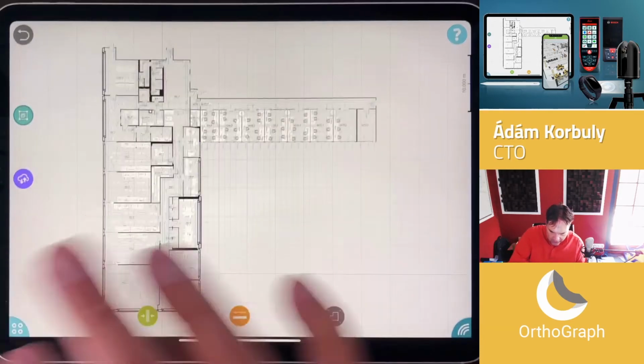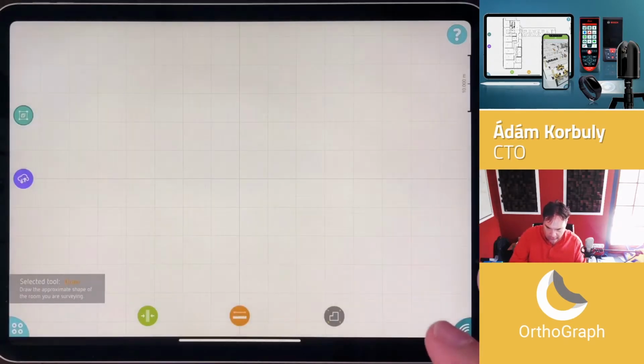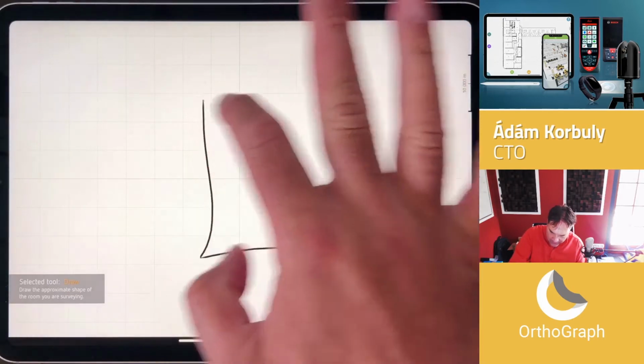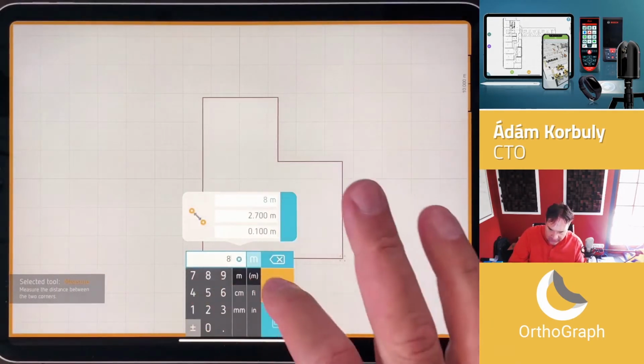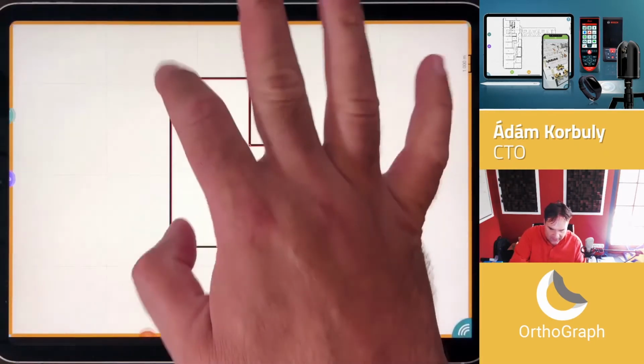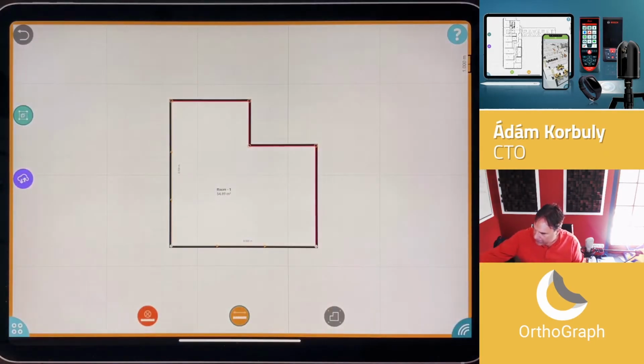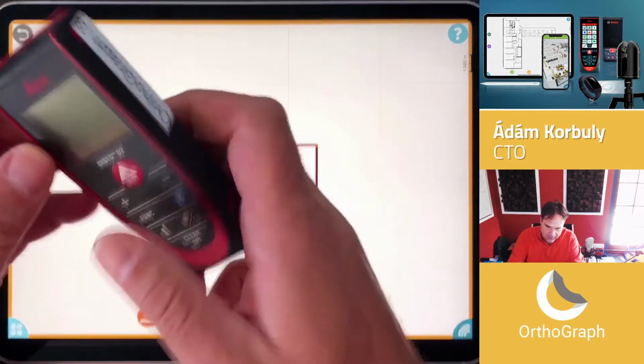So let me show you in short how to create a floor plan and then how to make a survey of ceiling elements. So first of all, we just simply draw a floor plan, how a location looks like, and then we start measuring it. If we want, then we can use a simple laser distance meter also to do these